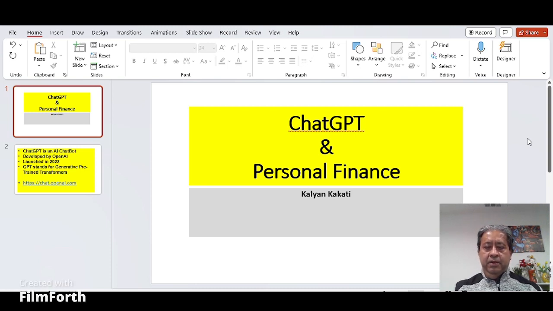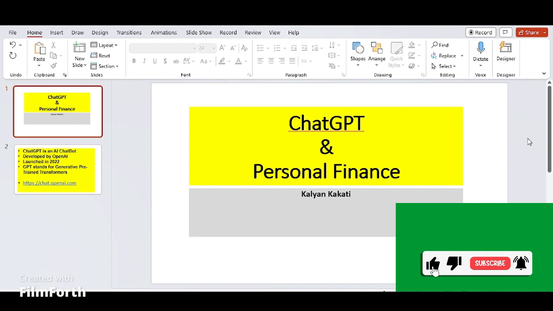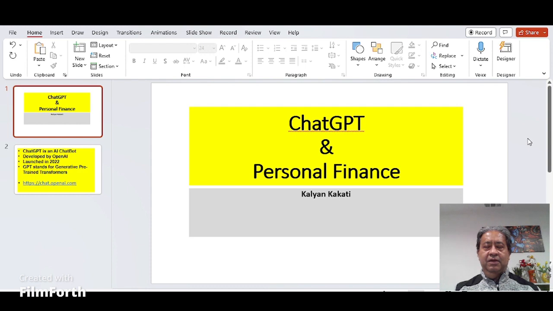Good afternoon, everybody. We're going to be talking about ChatGPT and how ChatGPT can be used for personal finance. There has been a lot of buzz about ChatGPT during the last couple of weeks, and so much news about what ChatGPT could be doing, how people are using ChatGPT in different facets of life, using artificial intelligence. So I'm going to download ChatGPT